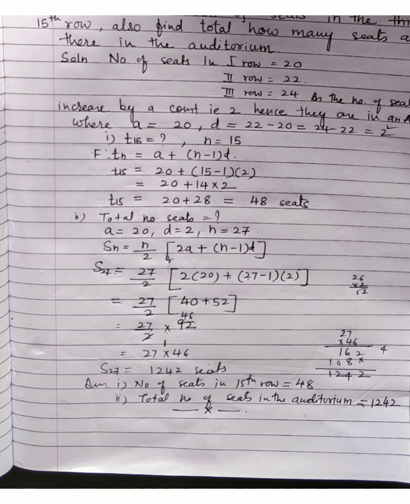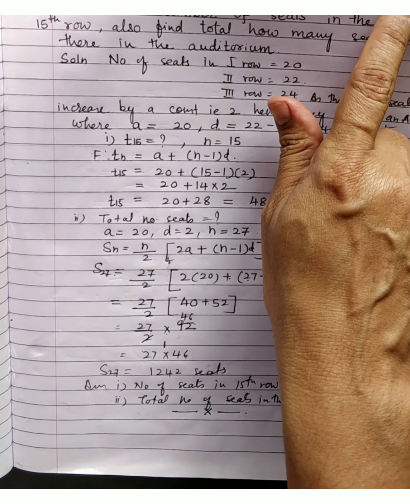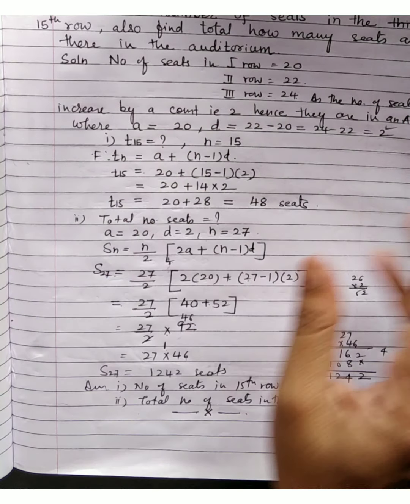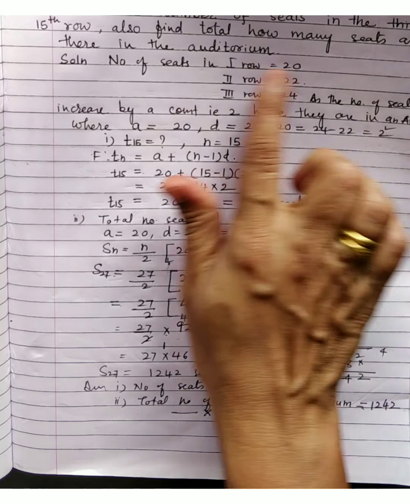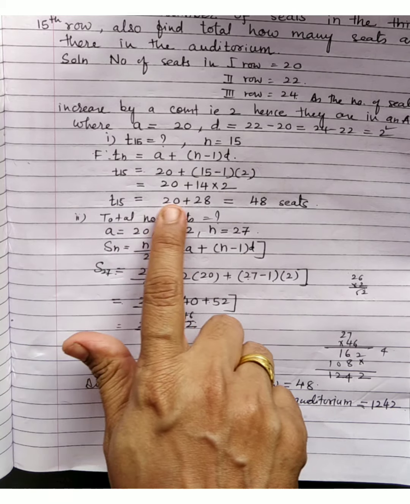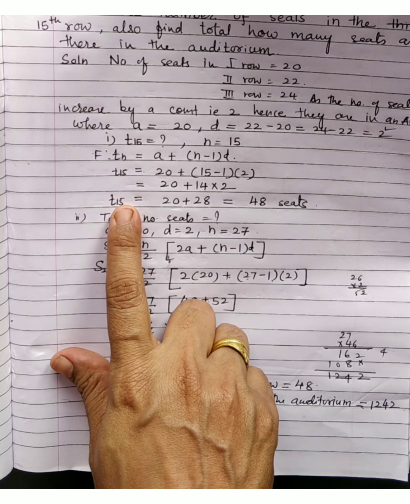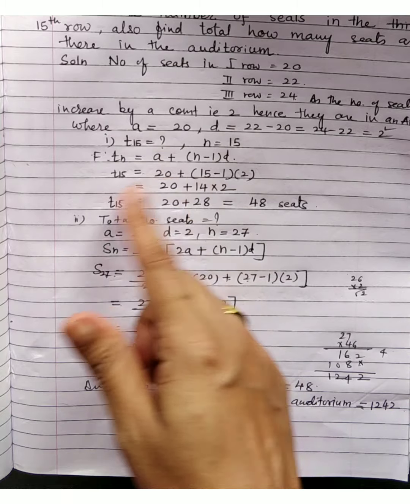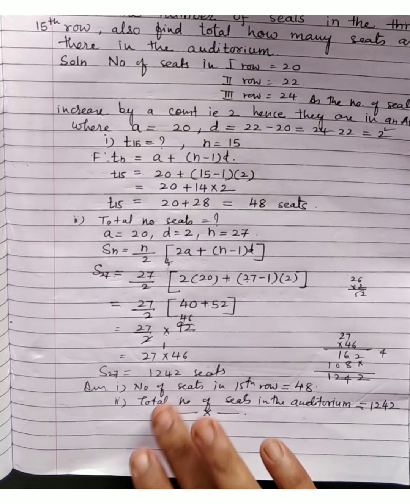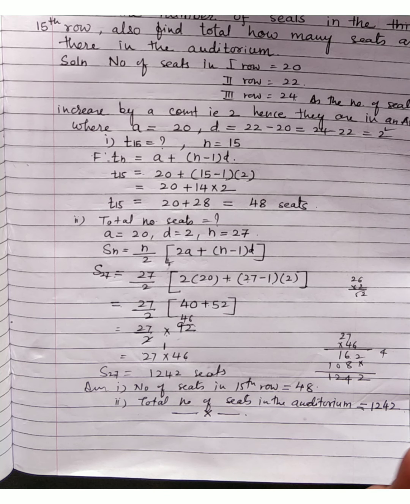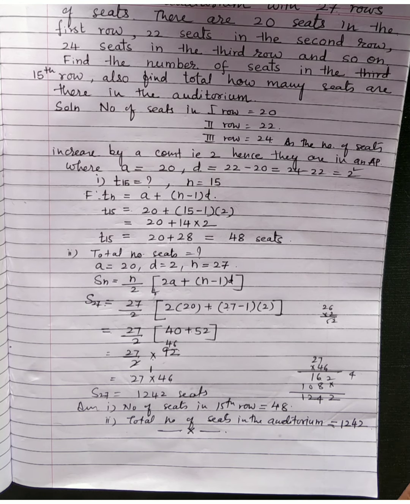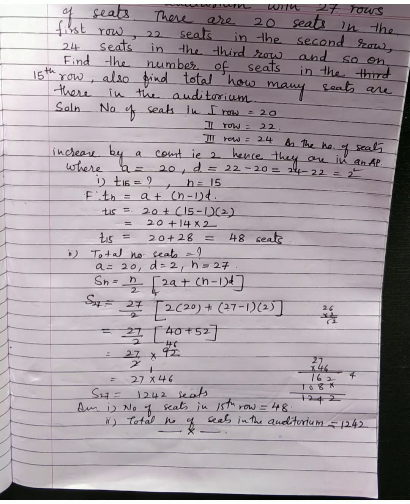Similar pattern, I repeat the pattern again. First read the question very carefully, establish the relation and must show that whatever information is given is an AP. And then accordingly, if in a particular row, how many seats are there, we have used the nth term formula. In all, how many seats are there in all 27 rows is asked, we have used the Sn formula. Okay, so practice your exercise. Last exercise is completed. Now practice set is left. If you raise the doubts, definitely I will take those questions as well. Okay.